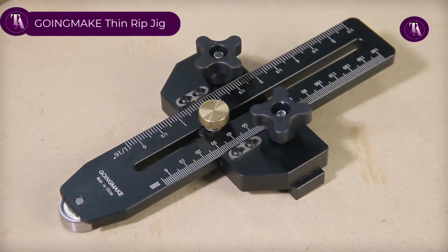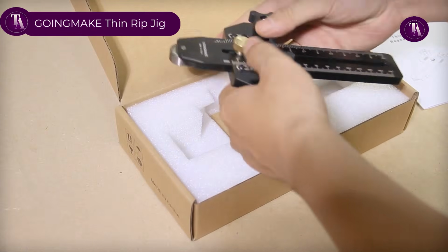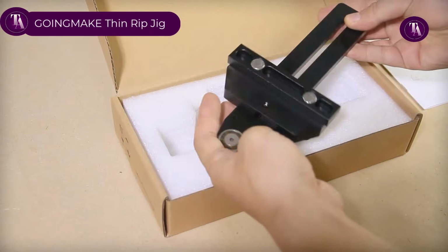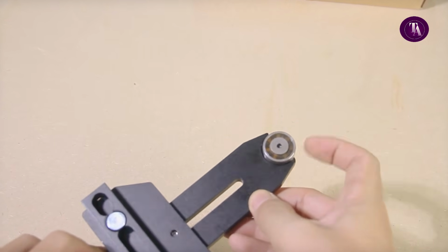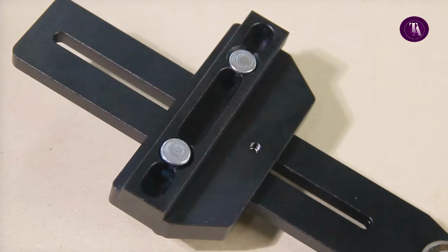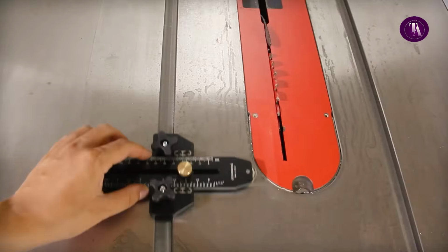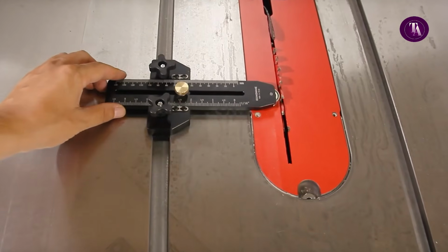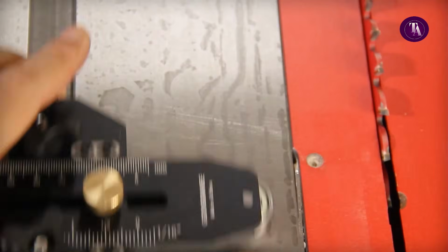GOINGMAKE Thin Rip Jig. The GOINGMAKE Thin Rip Jig is a precision aluminum alloy guide designed for safe, fast, and accurate narrow strip cuts on table saws, band saws, and router tables. Its one-way roller bearing prevents kickback, ensuring safety, while laser-engraved scales and a zero-clearance setup enable precise, repeatable cuts down